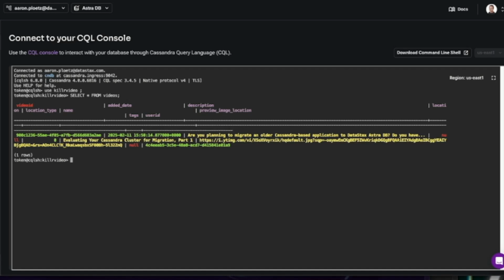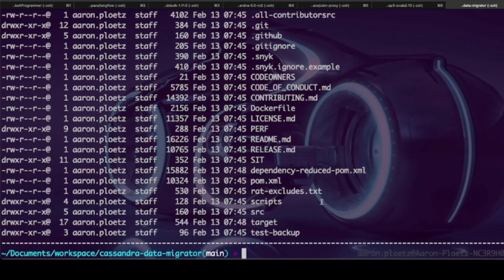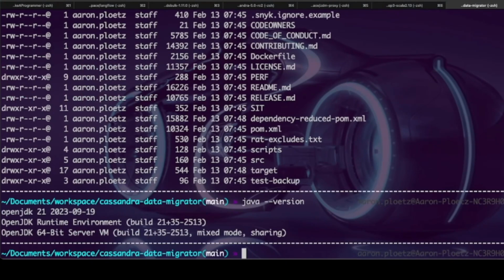So let's look at getting this table synced up. And to do that, we're going to use the Cassandra Data Migrator. So what I've done here is, since the CDM is a Java-based application, yep, I've got Java.